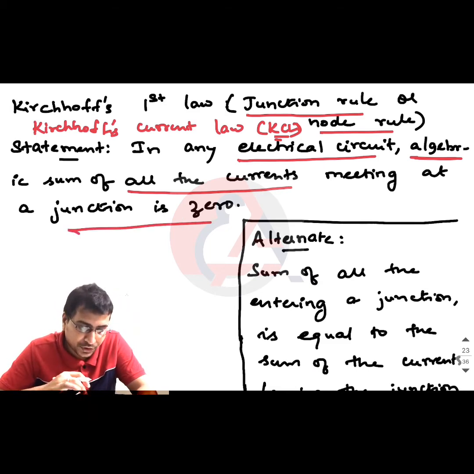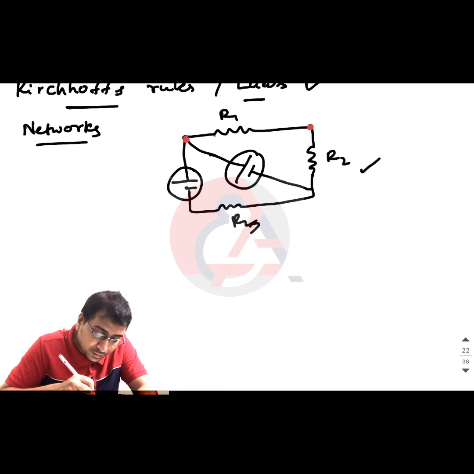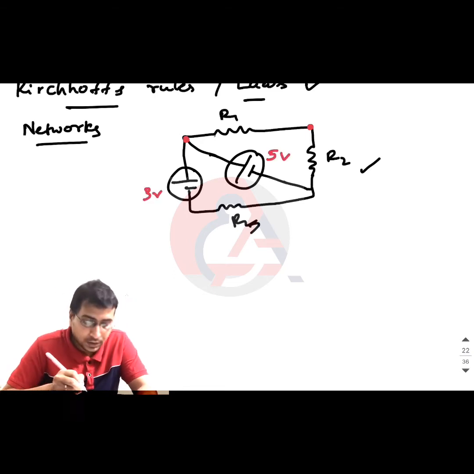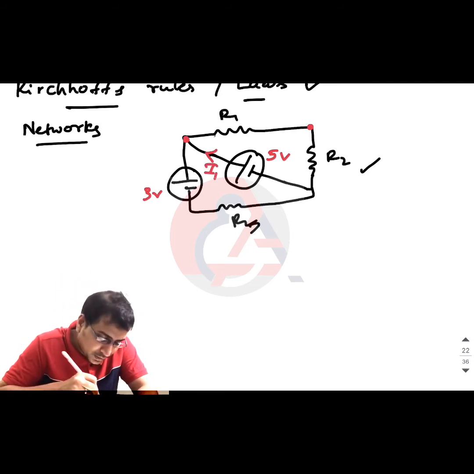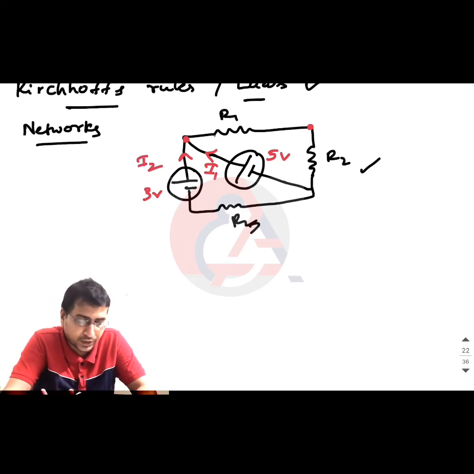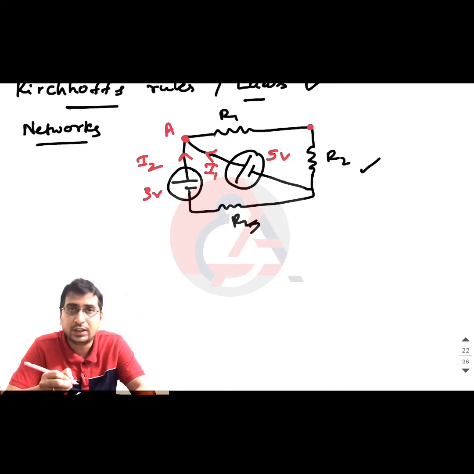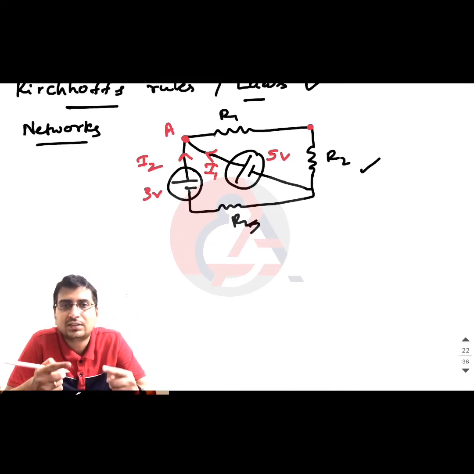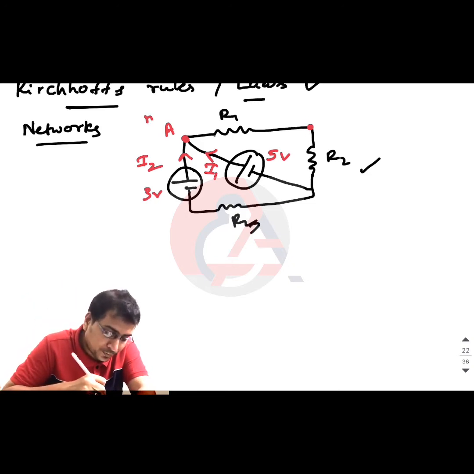So what do we mean by a junction? Let me show you. In the sample network that I have drawn, let's say this is a 5 volt battery and this is a 3 volt battery. Let's say the 5 volt battery starts supplying a current of value I1, and the 3 volt battery supplies current I2. Obviously I1 will be more than I2 because the 5 volt battery has more energy. These I1 and I2 reach a point here. Let me name this point A. This point A where different resistors are meeting is what is called a junction, or technically a node.